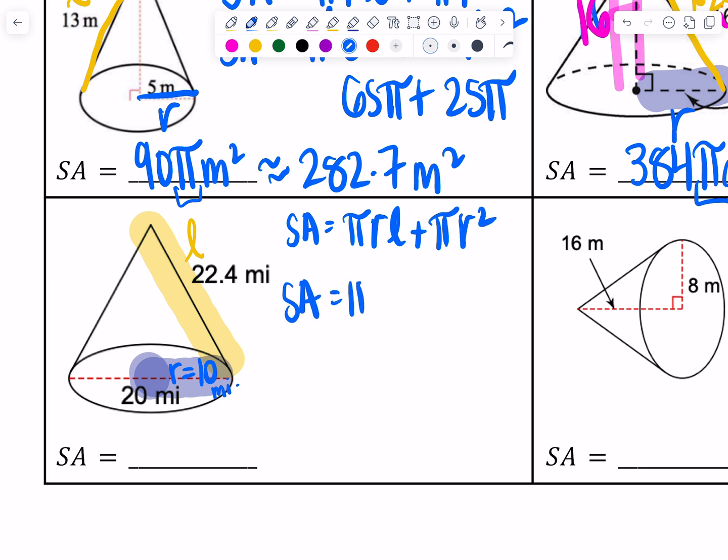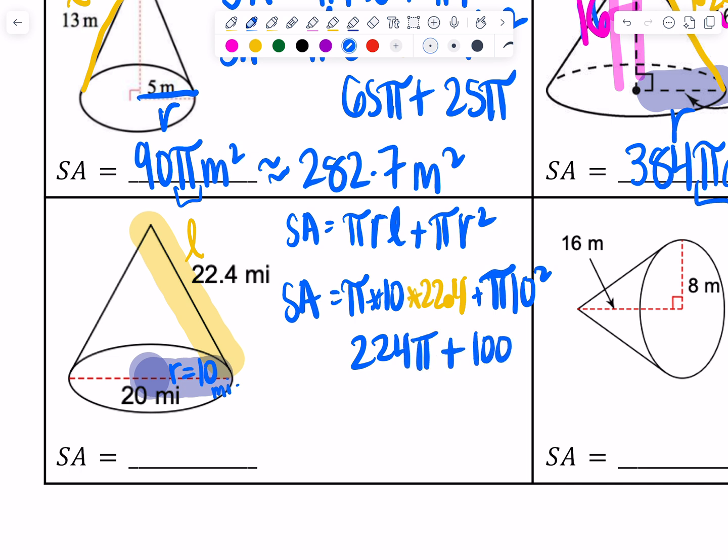That is going to be pi times 10 times the slant height of 22.4, plus pi times 10 squared. Okay, so that's going to be 10 times 22.4. If you can't tell, that is a decimal point right there. That is going to be 224 pi. So there's 224 pi